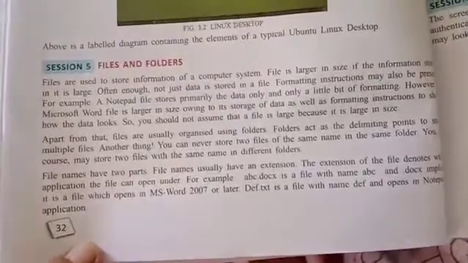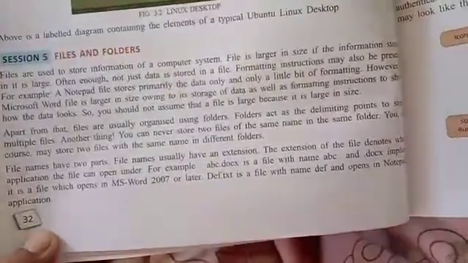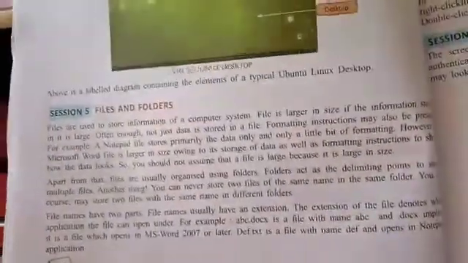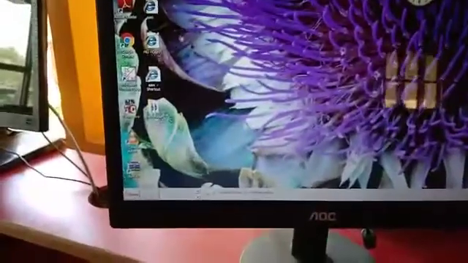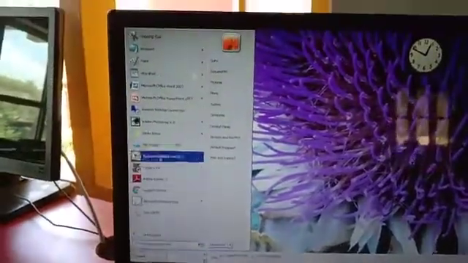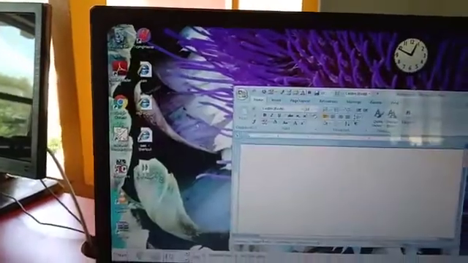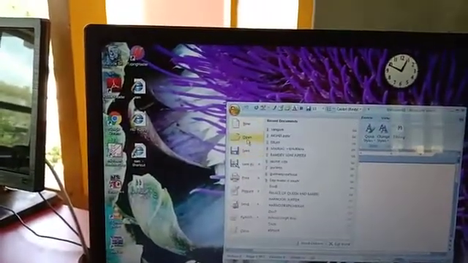File names have two parts. A file name usually has an extension. The extension of the file denotes what application the file can open under. Children, the extension tells us the type. Suppose, children, see here I am clicking here Word, open.